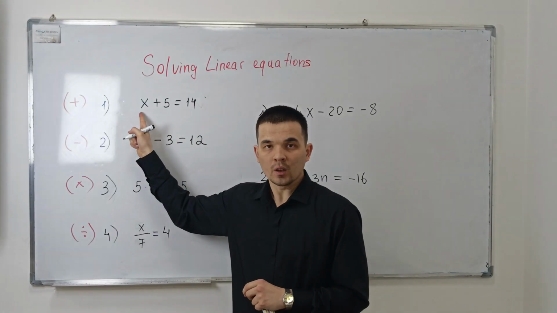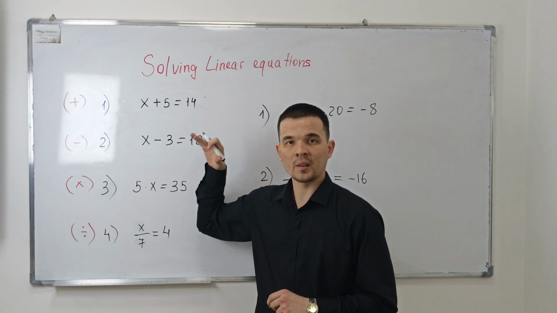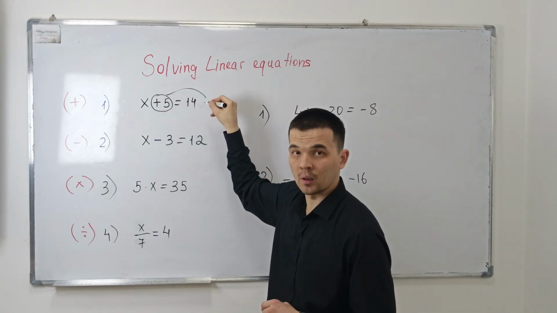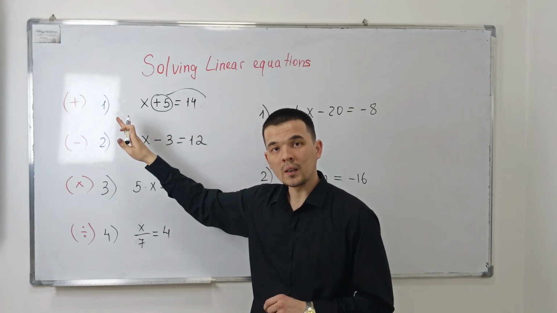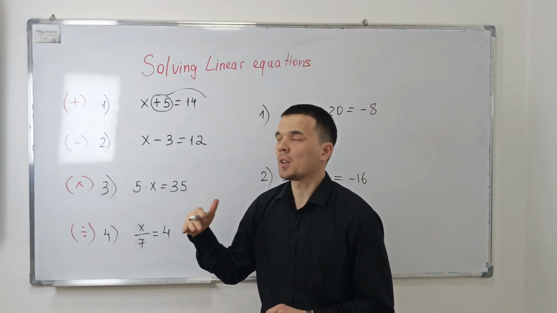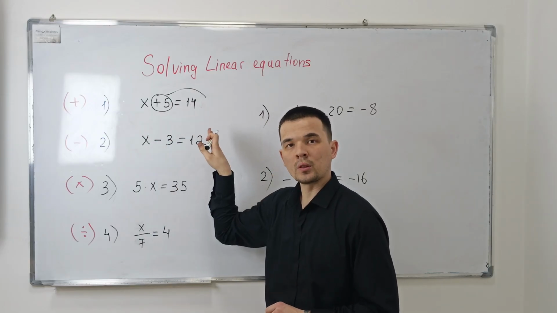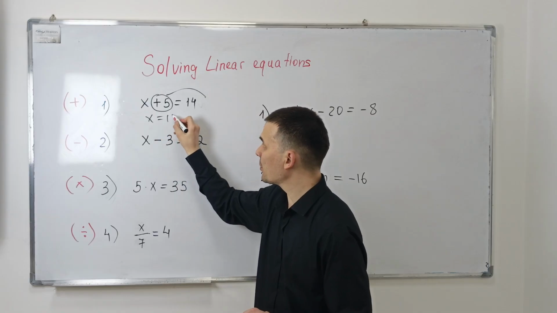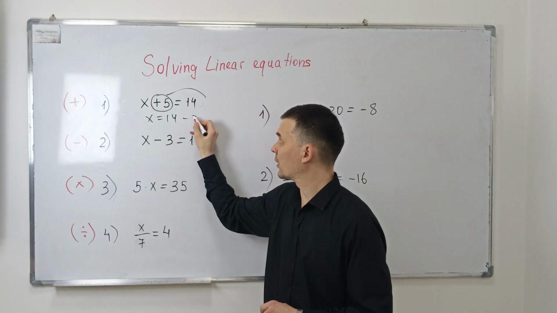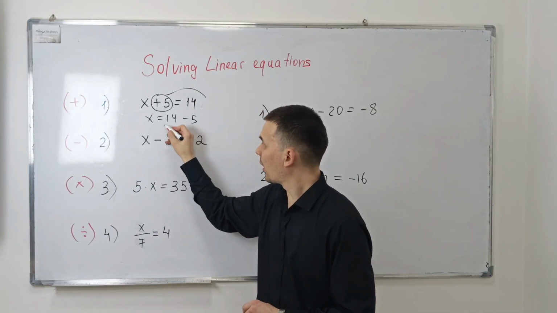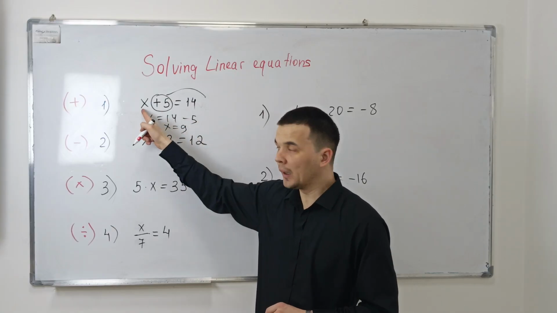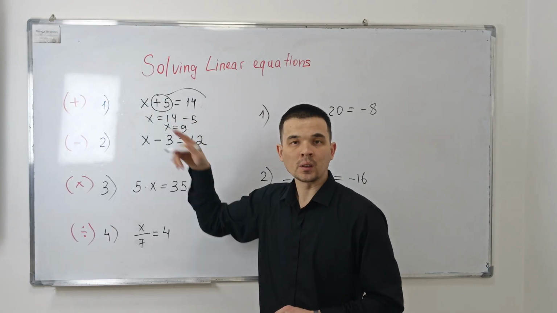For example, unknown number plus 5 equals 14. To find that unknown number, we should send our plus 5 to the right side. Only the unknown should stay alone. Everything, literally everything, should be sent to the right side. So, plus 5 should be sent to the right side. However, please keep in mind that plus 5 should be changed to minus 5. So, when you subtract the two numbers, our final answer will be 9. You can check it. When you put 9 instead of x, 9 plus 5